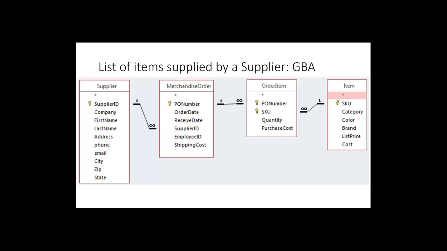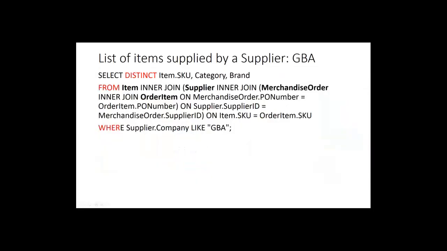We have the name of a supplier. You want to have the list of items supplied by this supplier. So which tables are involved? Supplier table, we need the items, some of the fields in the item table, and then to connect these 2, we need merchandise order and order item. So we can go by select distinct. We don't need to repeat the item. One item might be supplied multiple times by the supplier. So distinct is the keyword, not to let